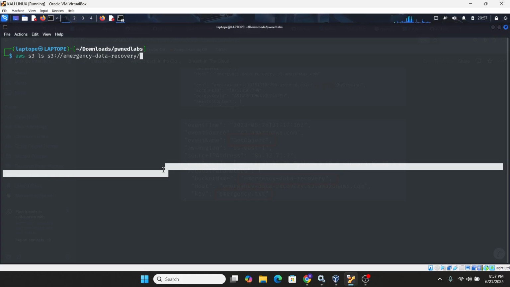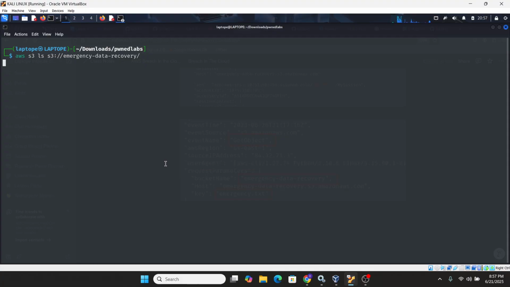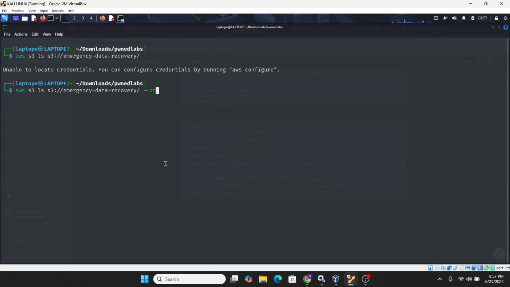Always remember to add a forward slash at the end of the bucket because it's like a folder. To list the content inside it, you must add that forward slash. So let's list it here. Oh, I forgot to add the profile again. I'm in a hurry.